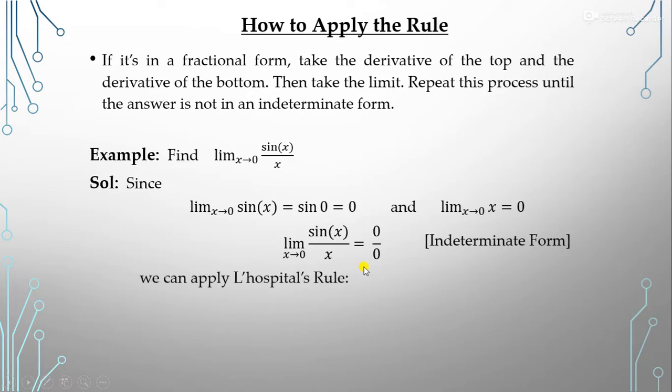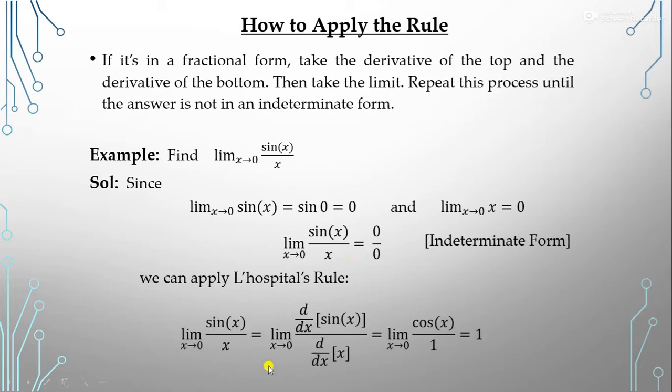So here we use the L'Hospital rule to solve this. According to the L'Hospital rule, as x tends to 0, we differentiate the numerator separately and the denominator separately. You know the differentiation of sin x is cos x, and the differentiation of x is 1. Now apply the substitution method, the limit x tends to 0. The value of cos 0 is 1, so it becomes 1 upon 1, which is 1. So the limit of sin x upon x as x tends to 0 is equal to 1.